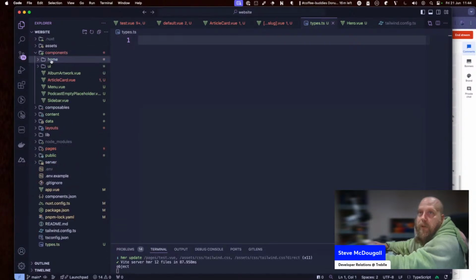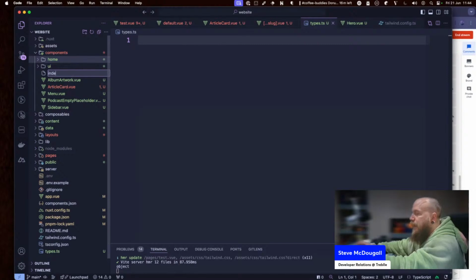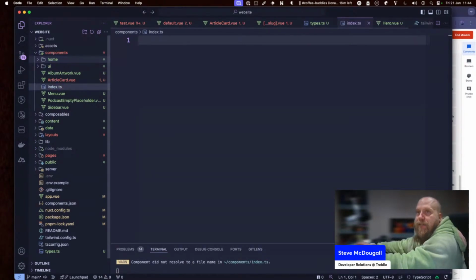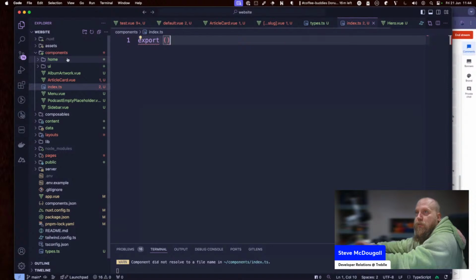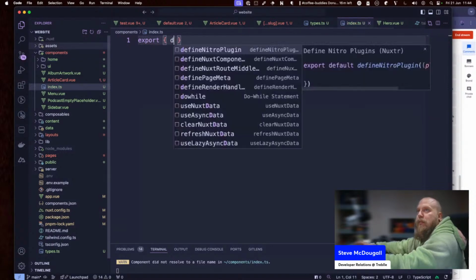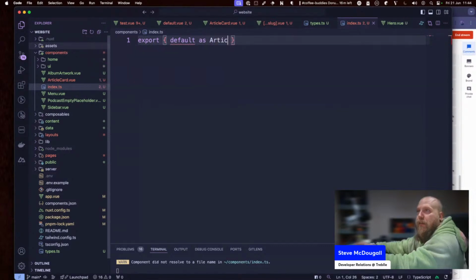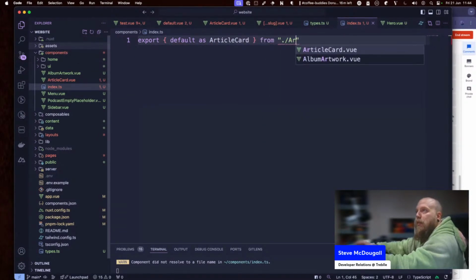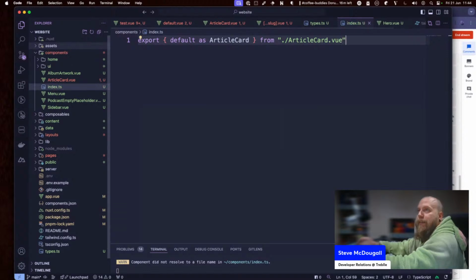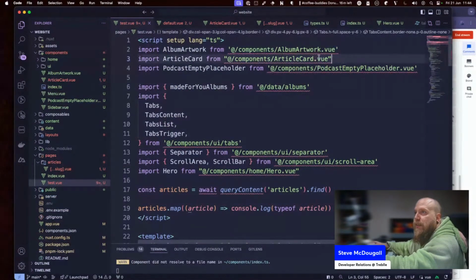Then inside components, I'm also probably going to add an index.ts, allowing me to export default as ArticleCard from ArticleCard like that,